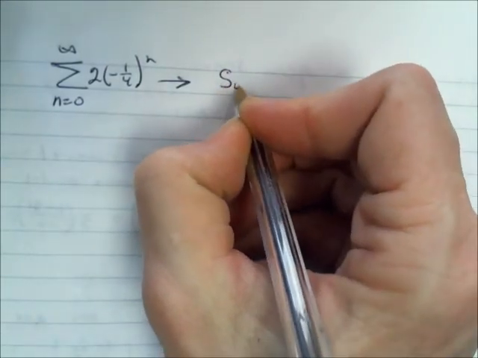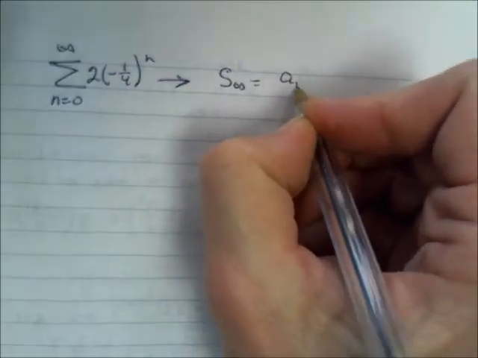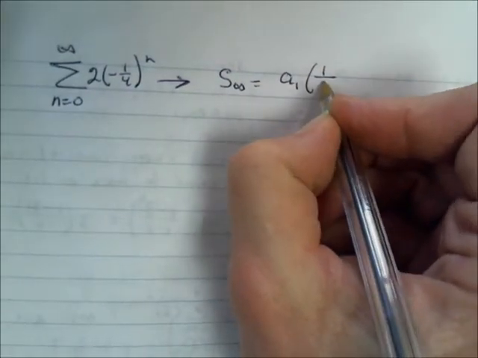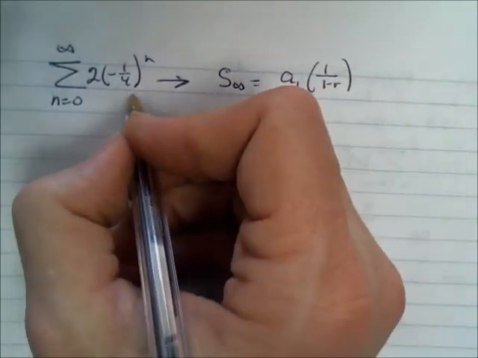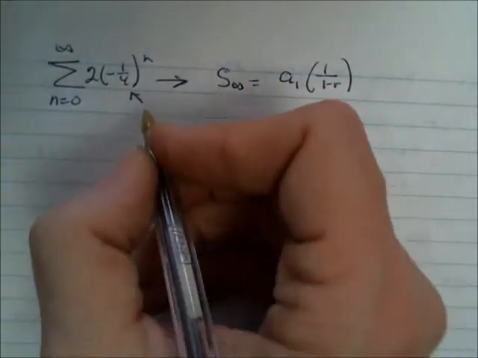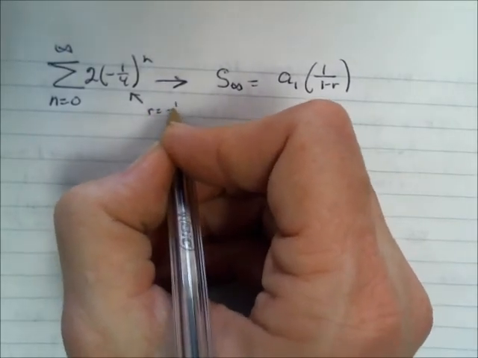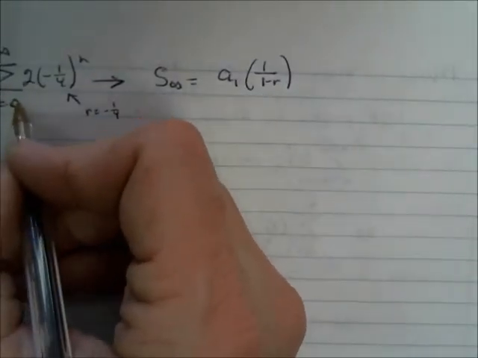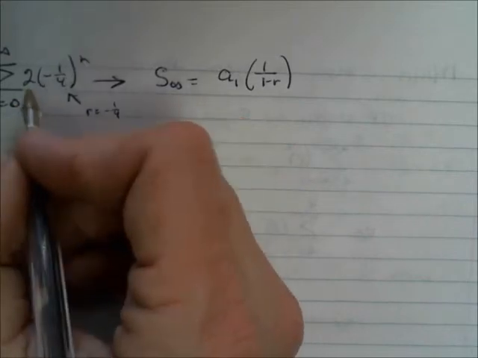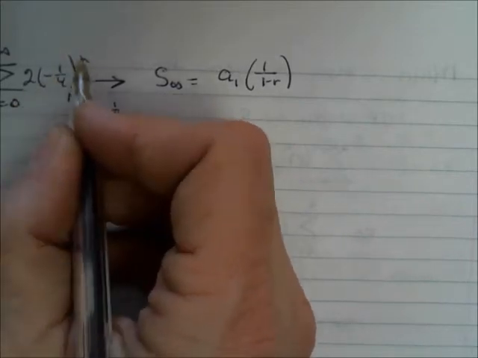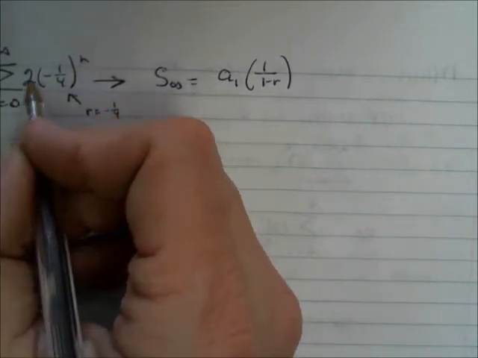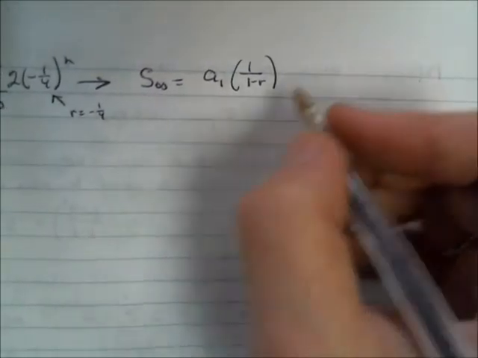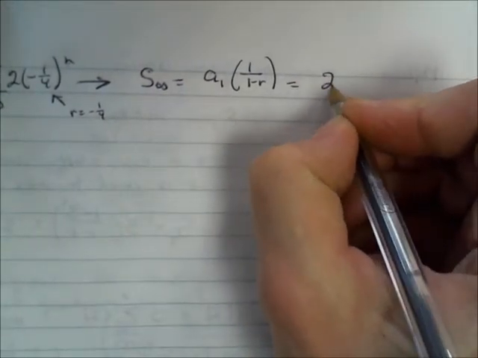Well, the sum of an infinite series is equal to a1 times 1 over 1 minus r. Now, if you remember from a couple minutes ago, this r value is equal to negative 1/4. The first term of this series is when you substitute n equals 0, you have 2 times negative 1/4 to the 0, which is 1, so 2 times 1 is 2. So the first term is 2,